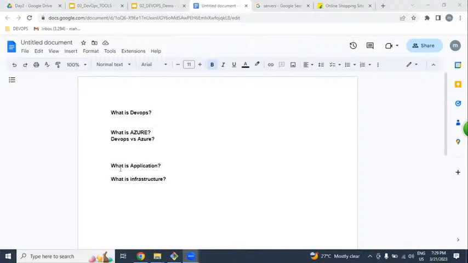Same way, for maintaining our applications and deploying our websites, what kind of infrastructure do we require? Majorly, we require servers.